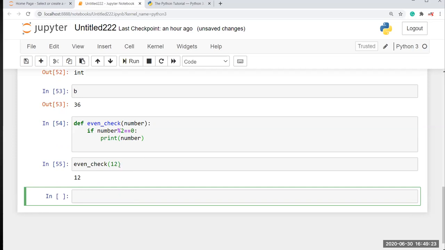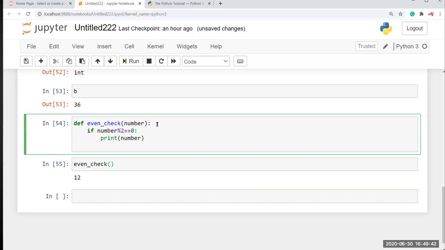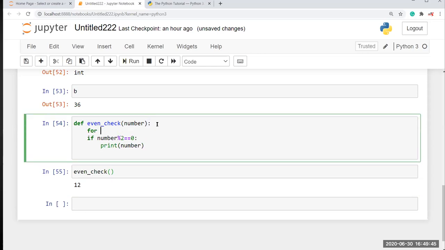Now you can run a list of elements in here. We have an option to pass our list of elements. Before that, if you want to check your list elements, you have to use a for loop in here, for i in number.